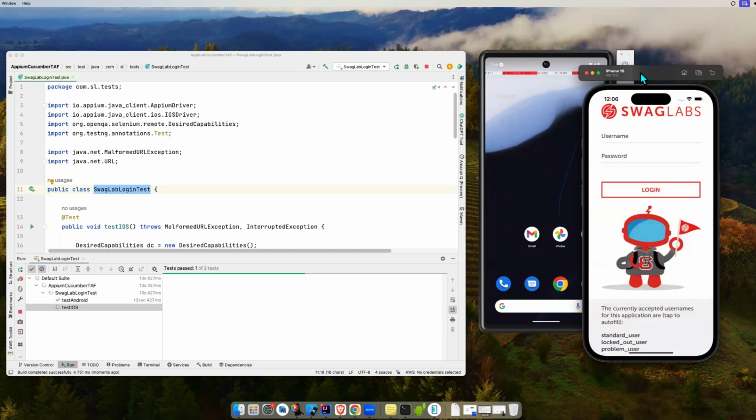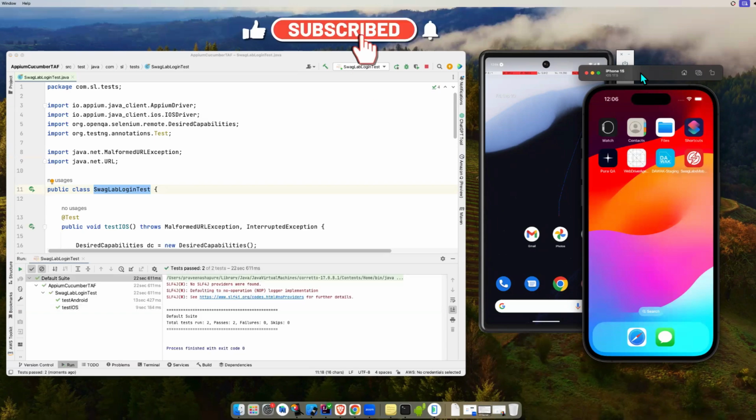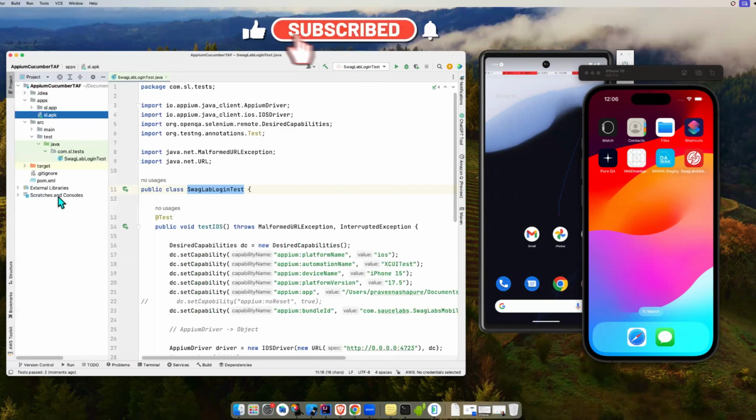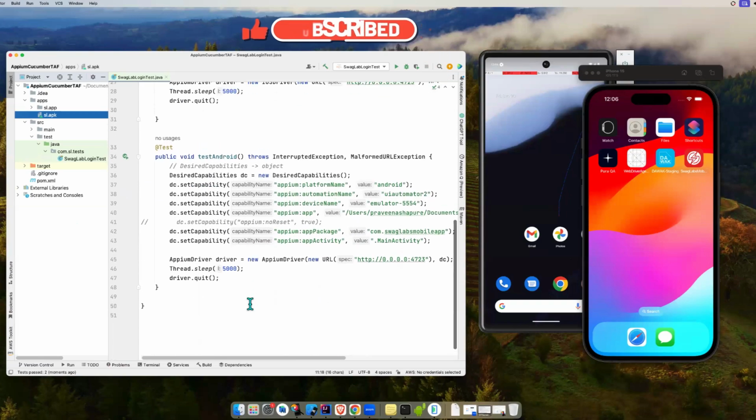Yes. Okay, so as a part of this video, we have successfully set up our iOS and Android test environment. We are able to launch our app through the Java program, through unit testing like TestNG, right? We are able to use our Appium Inspector also. In the next session, we will convert this automation framework into